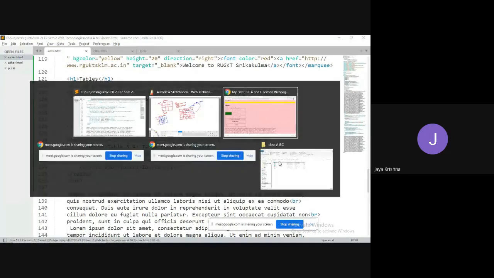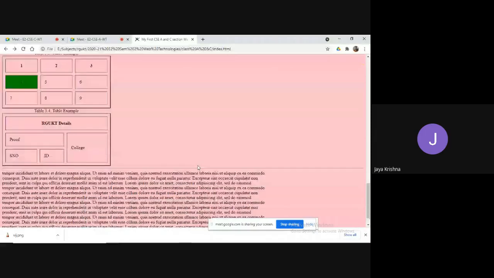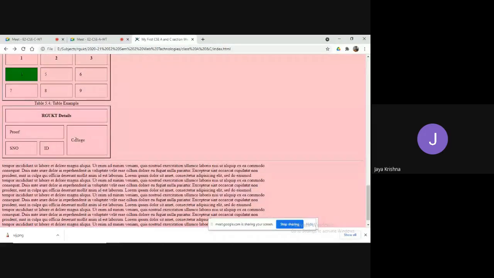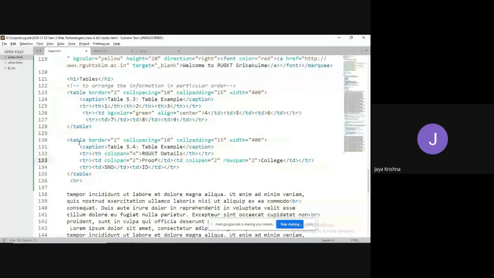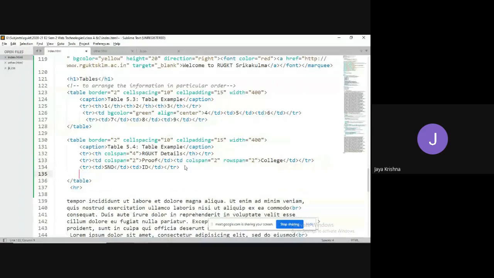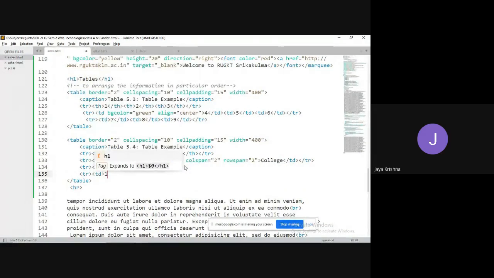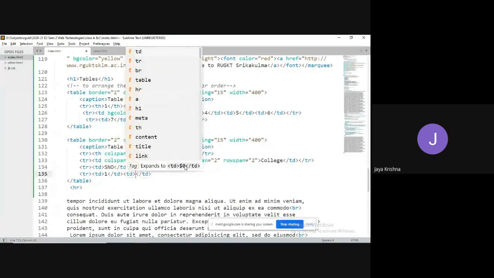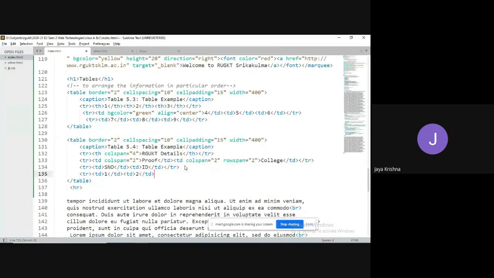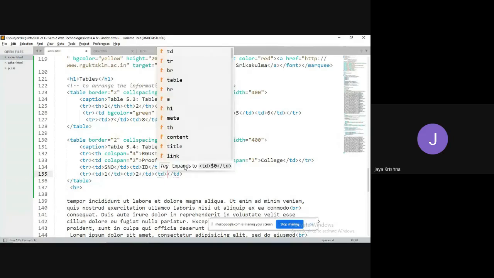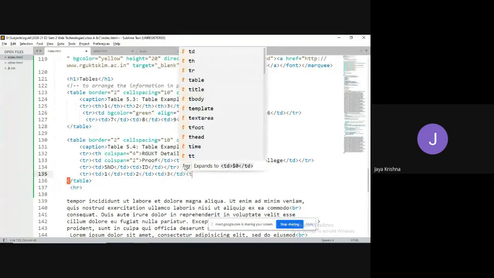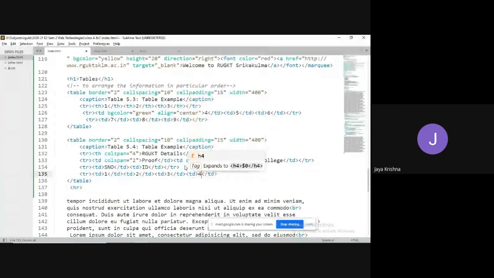You can observe the output, right? So it has combined up to here. Next, after completion of this one, we need to write the data. TR, TD 1, closing TD, TD 2, TD 3, TD 4.